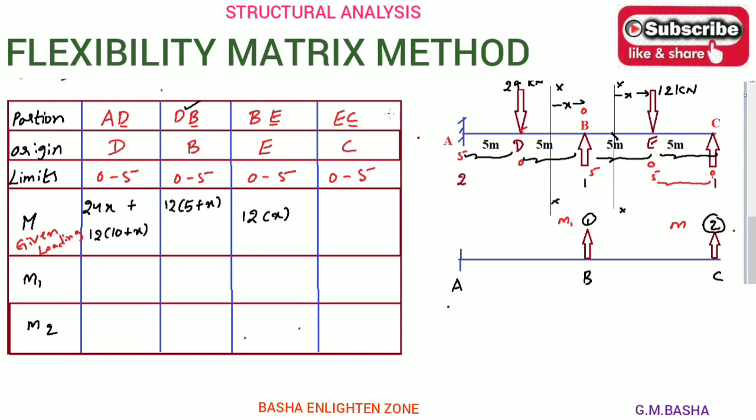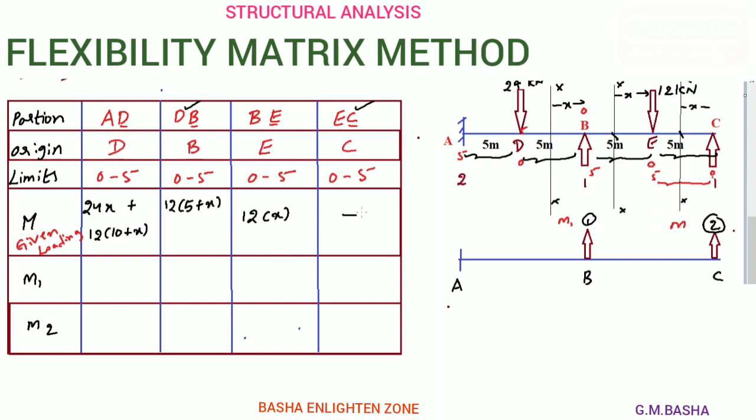If you go to the EC portion, see here whether there will be any right side forces. My origin point is 0, even though I am considering any section on the span from the origin point. So here your origin point is 0. I am considering any section xx at a distance of x from 0, meaning the origin point. See, there are no right side forces to resolve here. Therefore, you won't get any forces in the EC portion. Therefore, please take down that one as 0 or else no value. Okay. So these are the pure loading conditions.